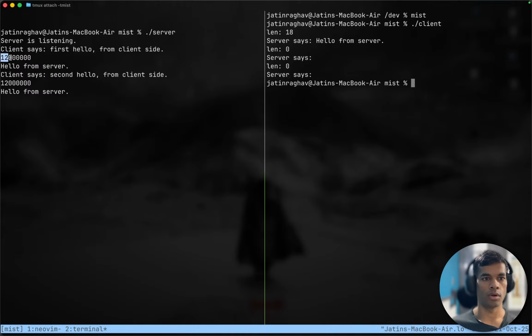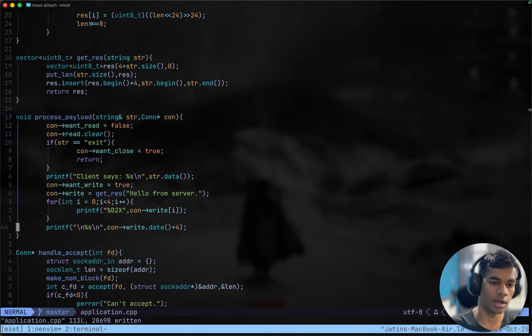1 2 1 2. This is in hexadecimal format, so this one means 16. So 16 plus 2, that is 18, which is the correct length of this whole string. And this is in little endian, so this 18 here makes sense. This is the least significant byte at the first position, so this is correct. Okay, so that is what we are trying to write,